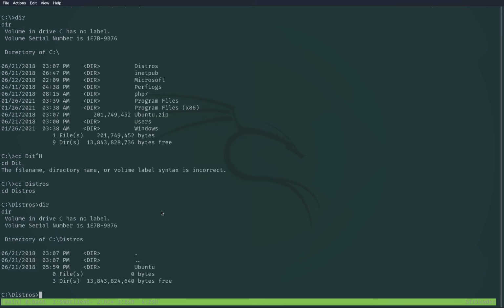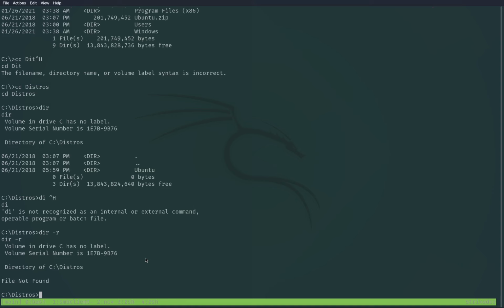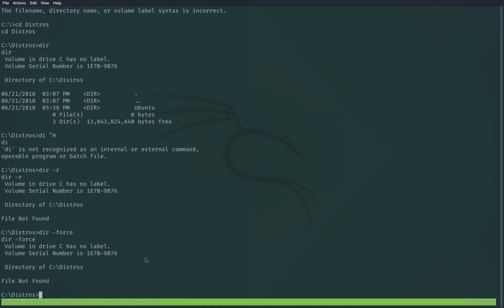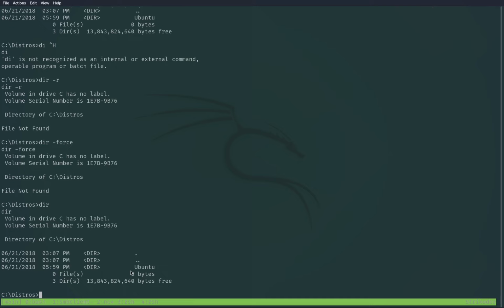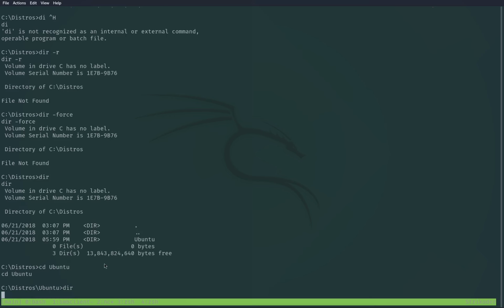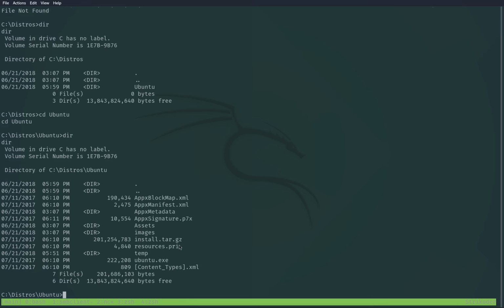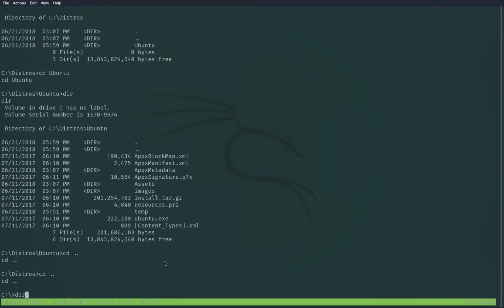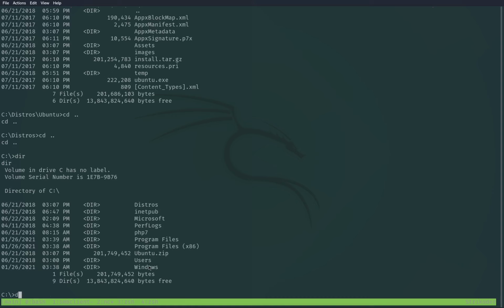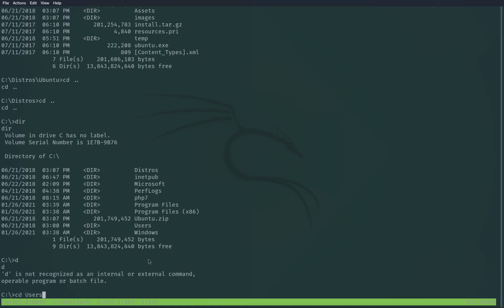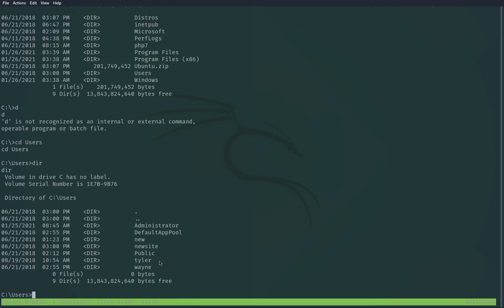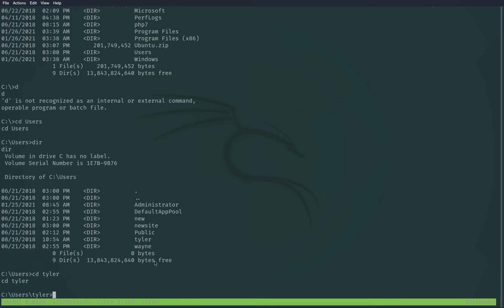Distros. Ubuntu. Okay. So I cannot type correctly, what's happening over here? So we don't have anything. Let me change. So dir -force is not working over here. So we see we have already ubuntu.exe, we have Windows Subsystem for Linux, and let's cd into users. Here is our Tyler. Let me change to him,